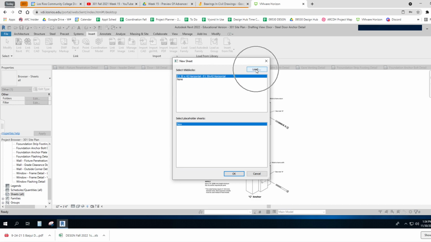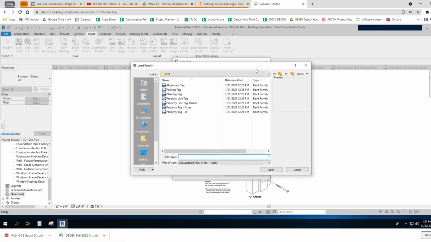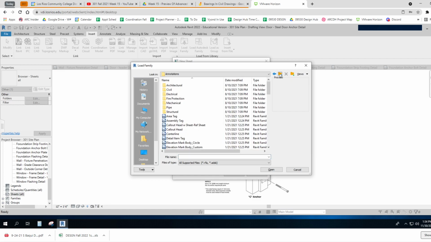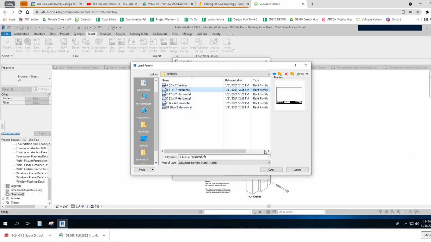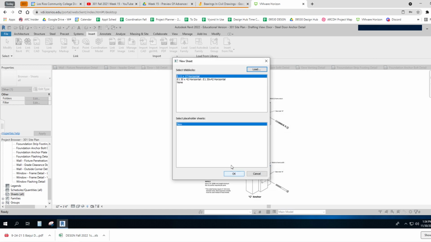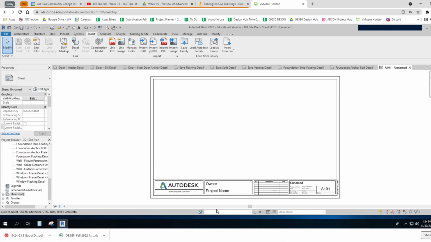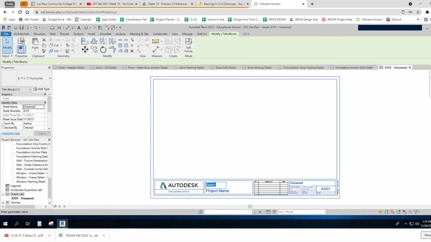So I have to load it, go up, and at the bottom of English Imperial, you'll find title blocks. Double click, and there's an 11 by 17. Click OK. There it is. Now what's really cool, here I'm going to open it up over here, is it gives you a set of numbers. And once you click the owner, let's say that's your name,